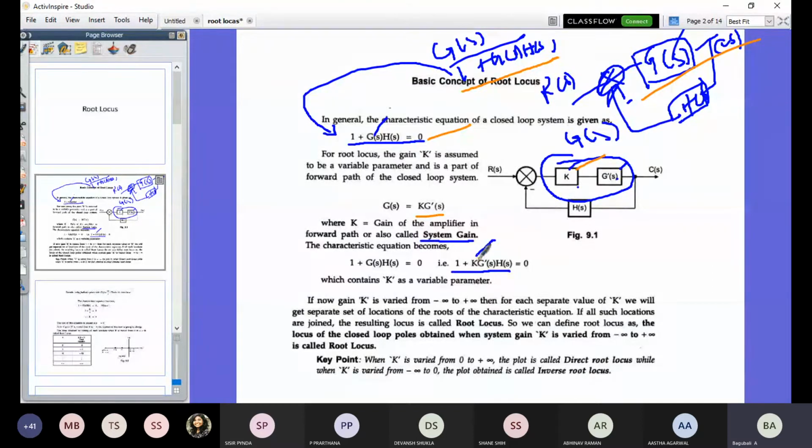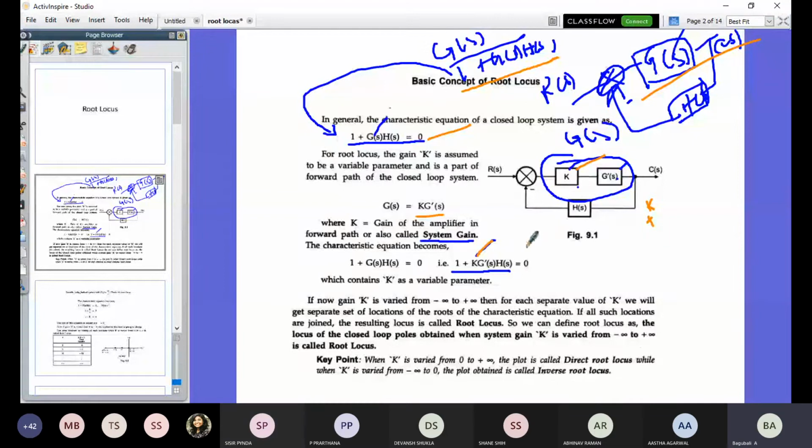If you are changing the value of k in this characteristic equation, we will get different roots. When you change the value of k, a different set of roots we can get. So one parameter you can change is called k. Once you complete that plot, then only you can clearly understand what the x-axis, y-axis and all are. Don't confuse it now.